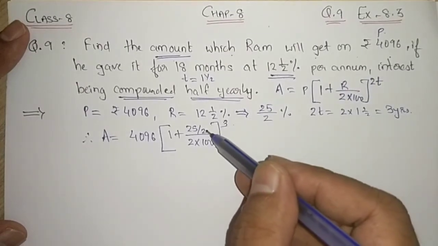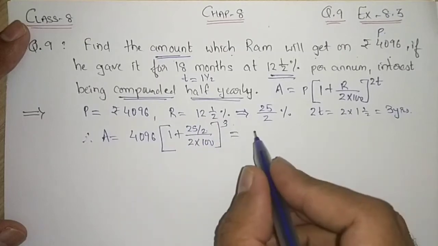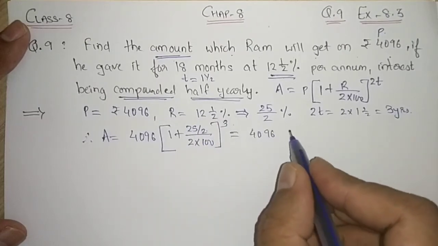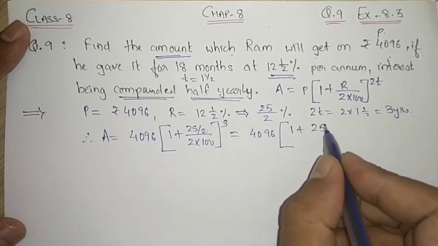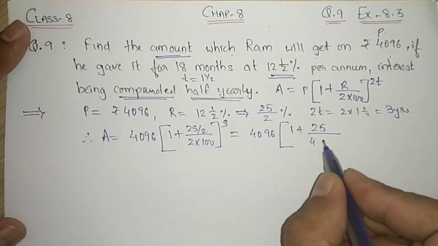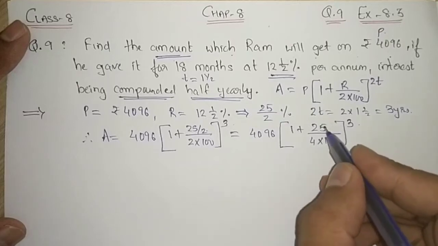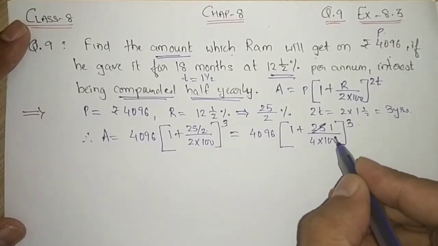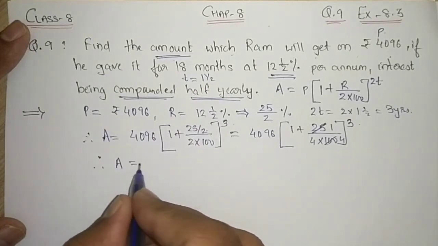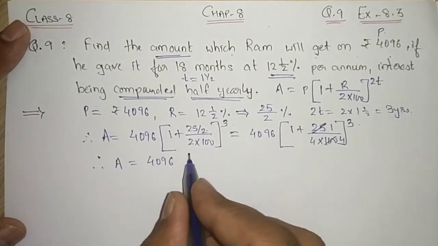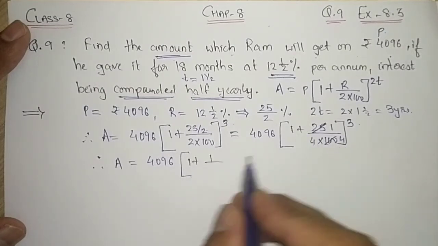Now the denominator of the denominator will be multiplied. So in the next step, 2 will come down and it will multiply with the denominator 2. 25 will remain as it is. These 2 will multiply, so it will become 4 into 100, all raised to power 3. Now 25 1 is 25 and 25 4 is 100. So we will get our amount as A is equal to 4096 multiplied by 1 plus 1 by 4,